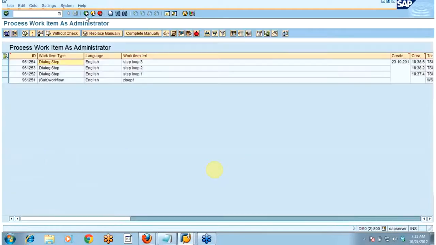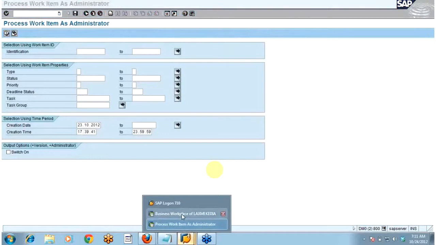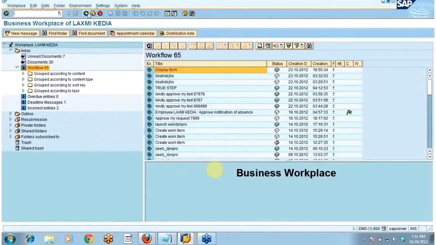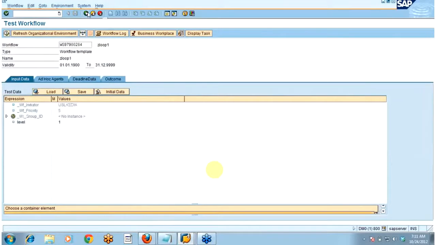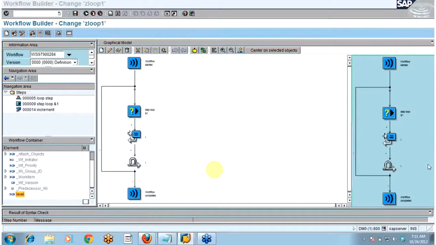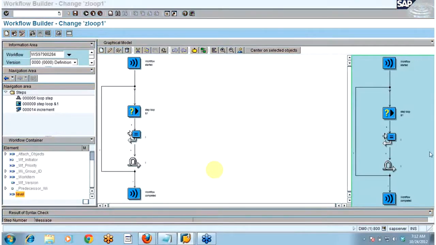Now I am the person who is receiving this work item 3 times, but once I go through this agent assignment, I will show you how multiple persons can receive the work item also dynamically. So I will be showing you that. So till this, any doubt on this? Yesterday, whoever had not understood, I have discussed it again. So any doubt on this loop concept? I just want you to be clear with this loop concept which we have in workflow.